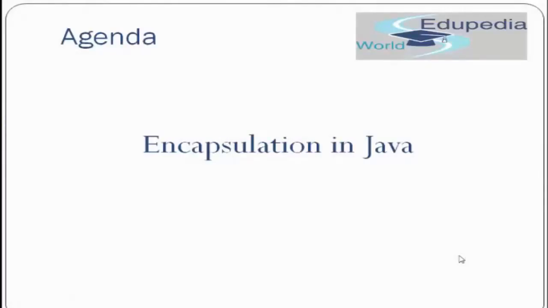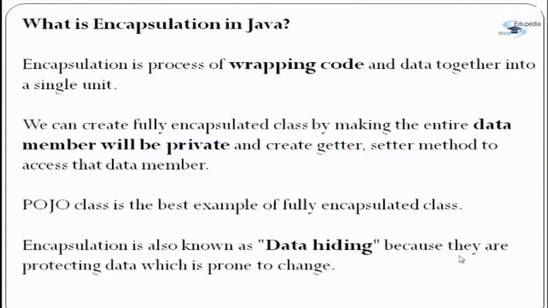In the previous tutorial we have seen the OOPS concepts in Java. We have studied the concepts of encapsulation, abstraction, polymorphism and inheritance. Although we have only covered the basics and what these terms mean, in this tutorial we will be covering them in detail. So this video is about encapsulation in Java. Let's study in detail what encapsulation in Java is.